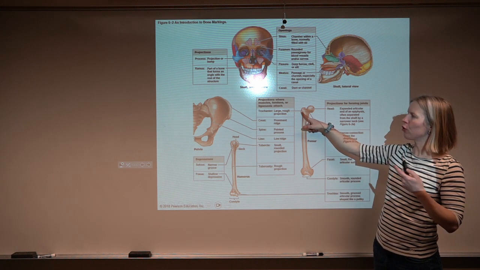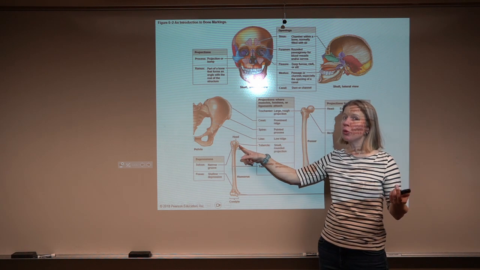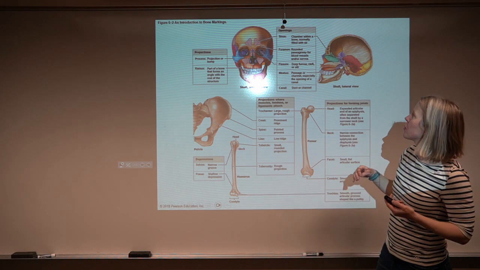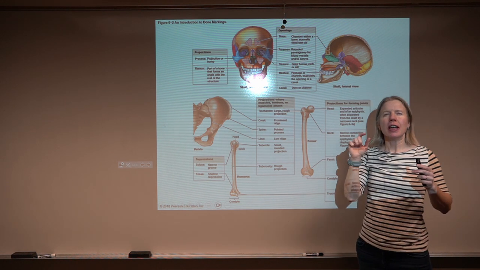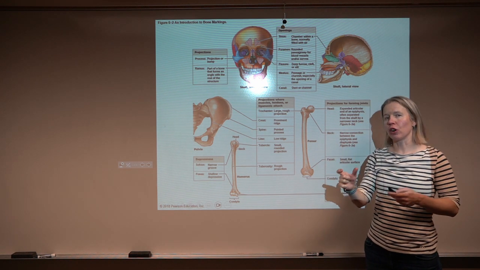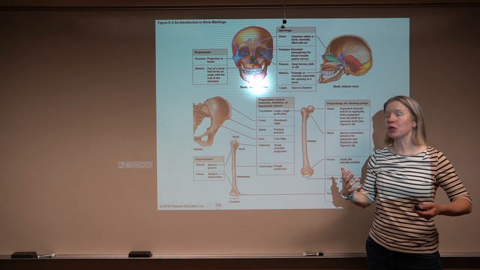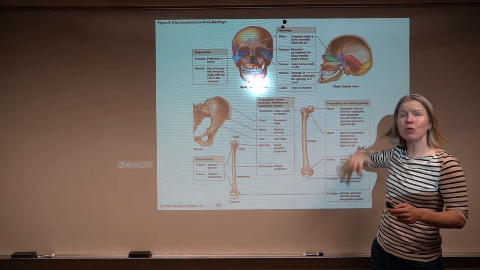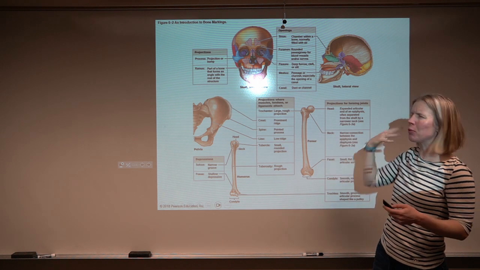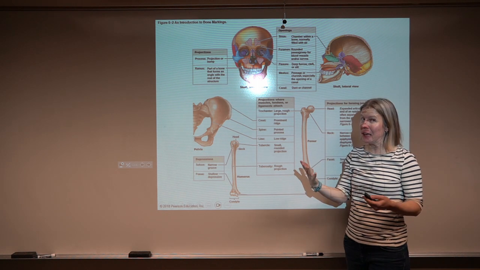So the greater trochanter, or the lesser tubercle, or the internal acoustic meatus. And if you don't know what some of the words mean, it's going to be really hard to apply that anywhere. So let me just run through this real quick. If you know this, go ahead and fast forward through here, but if it helps to hear me actually saying these terms,